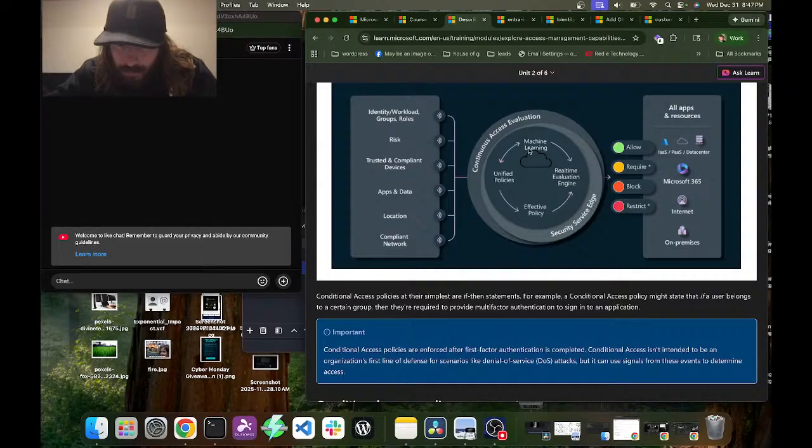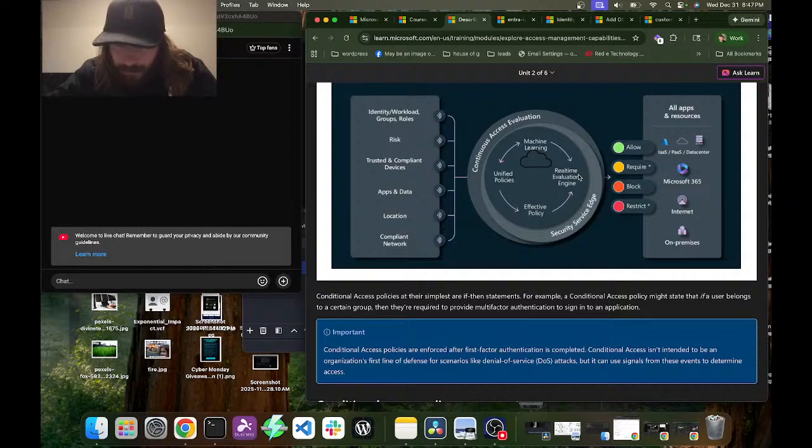So the continuous access evaluation is machine learning, unified policies, effective policy, real-time evaluation engine. Or unified policies, machine learning, and real-time evaluation engine. So it starts with unified policies and either uses machine learning to be evaluated or it uses an effective policy